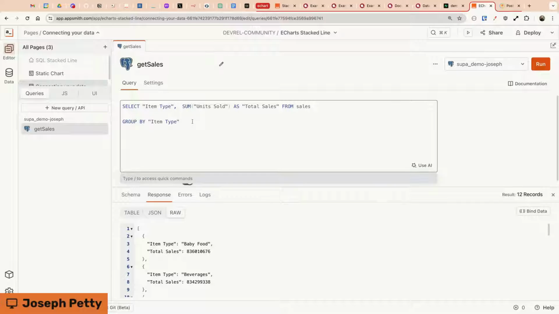And we need to do the same thing then with the date, because it's no longer the exact date. It's the day of the week. So back to adding in that date. We're selecting the item type. I'm going to put these on separate lines, since we're not just saying the field name, each one's kind of a function manipulating stuff. So we're selecting the item type, the sum of units sold as total sales. And then here, I'm going to put that back. Extract the day of week from the order date as